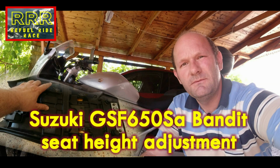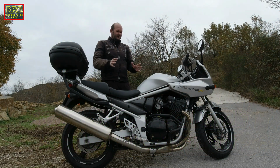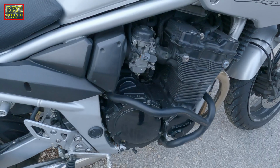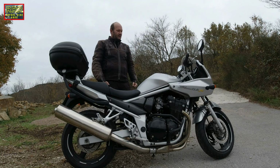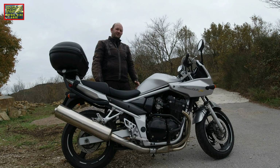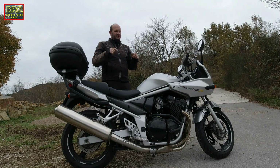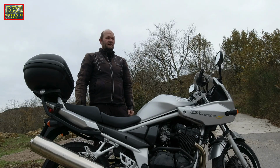Overall, I can say that this is a simple bike. It is a bit heavy, just like I mentioned. It has a 4-cylinder engine, air oil cooled. It pulls nicely, but it's not a rocket machine. It has a nice punch if you rev it, but at the same time it goes also very nicely using the lower RPMs. So particularly this model has 59 Newton meters of torque at